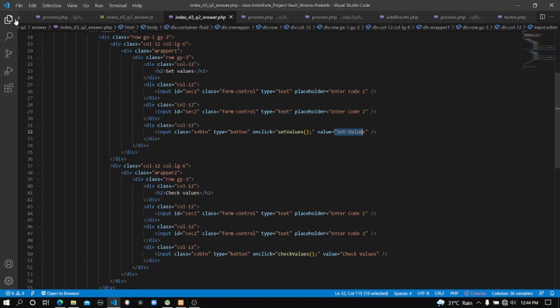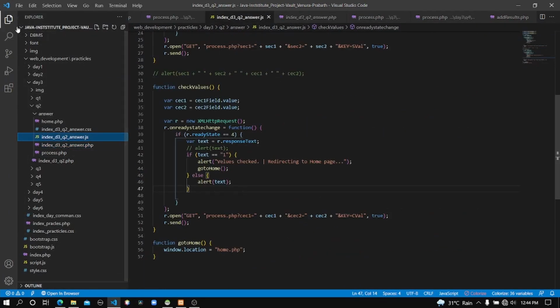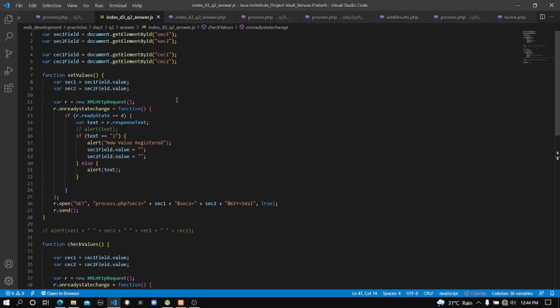Now I'm going to show you what that function does, and let's go to the JavaScript file. Okay, here you can see on the top of this file I created a new set of JavaScript variables, and I assigned the HTML elements, in this case the input elements, using the ID I gave to those elements.